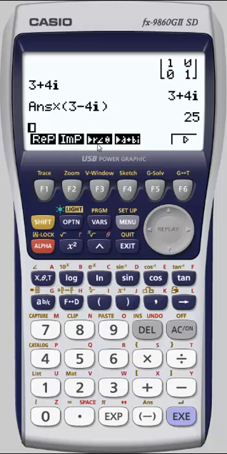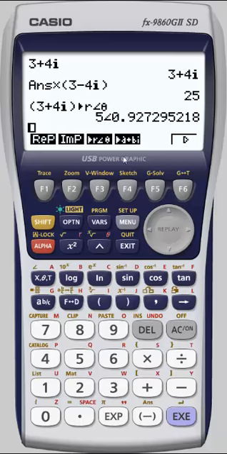You can convert a complex number in a plus bi format to polar, or from polar back to a plus bi format. Let's do that really quick. I'll put it in parentheses to make sure that I'm getting what I expect. Because I don't have i on the screen, I'm going to use the i right above the number 0 by pressing Shift 0 and then convert that to r and theta.